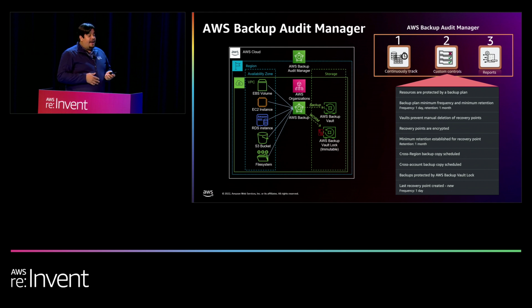Also part of Backup Audit Manager is the creation of custom controls. So you can define controls for your backup policies, where you say, for example, I want to make sure that my backups are kept for at least 7 years for certain types of resources. You are able to go to the framework creation when you are using AWS Backup Audit Manager and define those controls and those parameters. You have to do that the first time, so you make sure that you have a framework that represents the requirements of your industry.